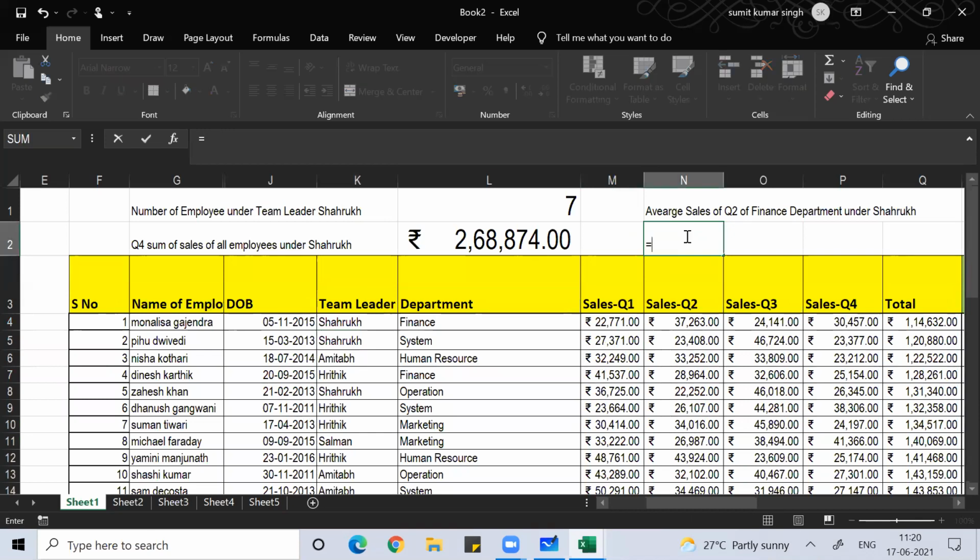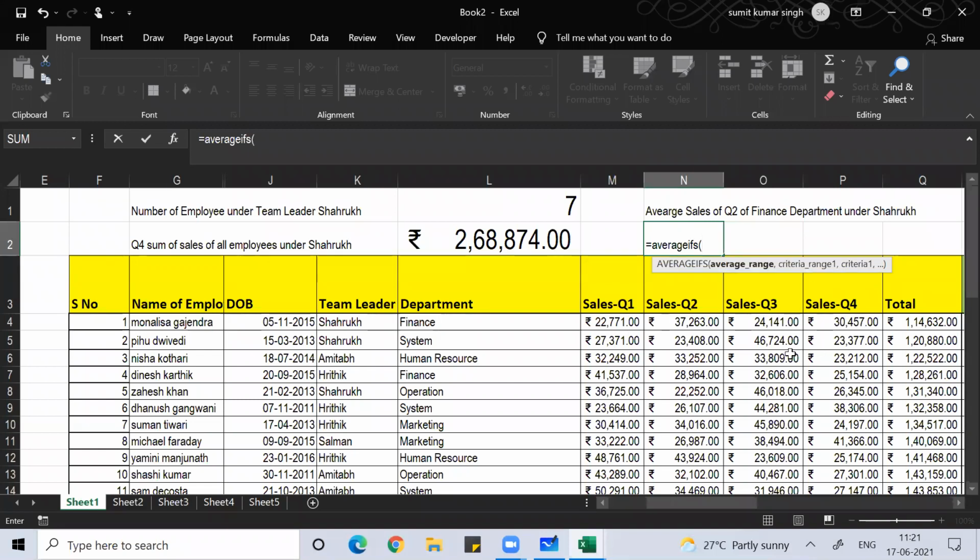Then what you do, use AVERAGEIFS, not IF, guys, IFS, because you can understand here you have to take two conditions, finance department and Shahrukh. So if you have more than one condition, then AVERAGEIFS.